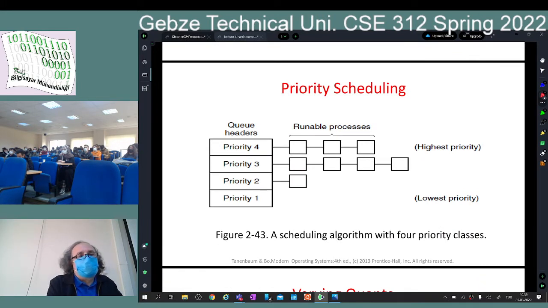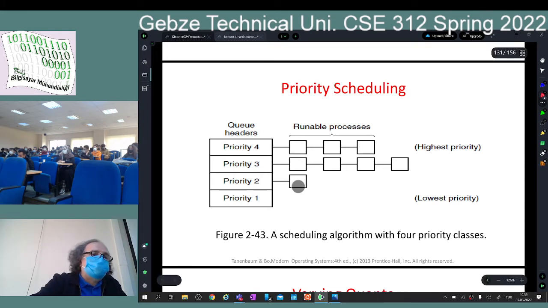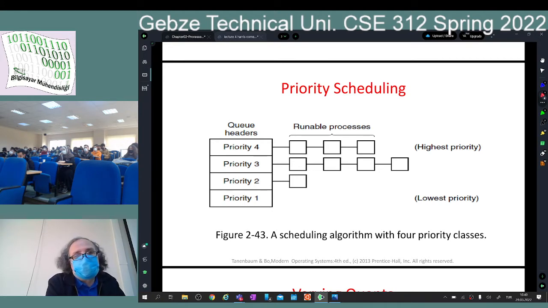Okay, so I have priority classes, and from time to time, when I say I am increasing your priority, maybe I am increasing its priority class from priority 2 to priority 3, etc. Okay, and if I see that one process is using too much CPU, maybe I should lower its priority so that the other processes can use the CPU.